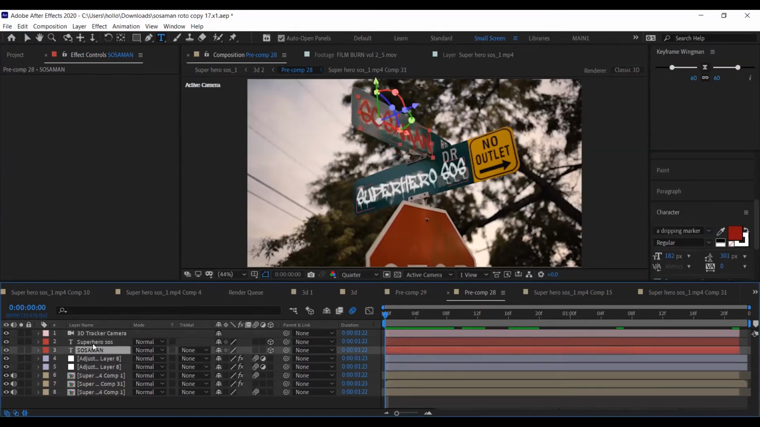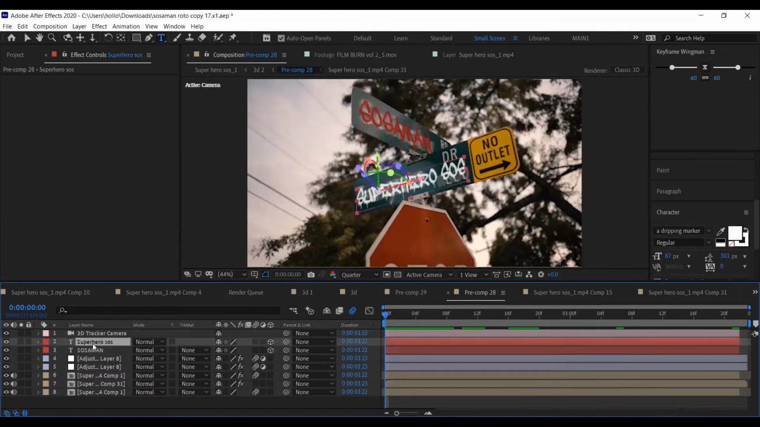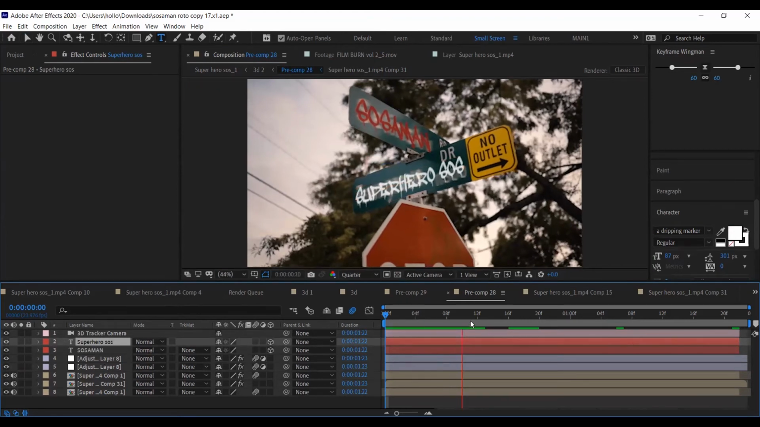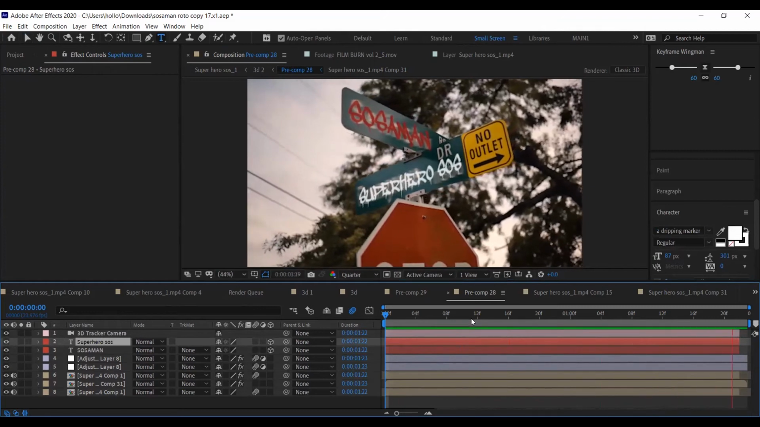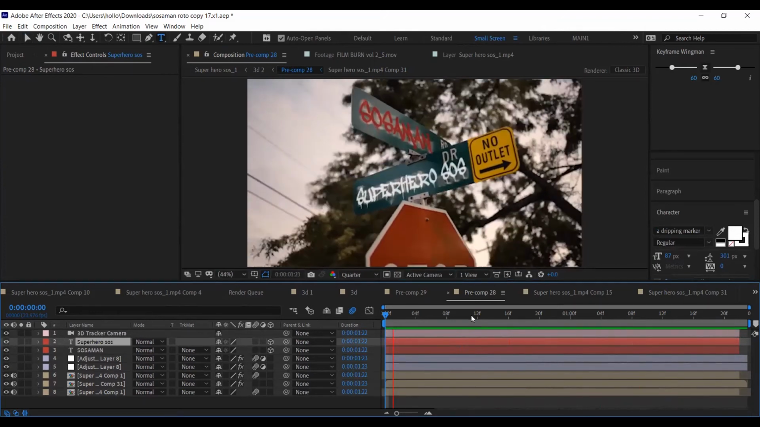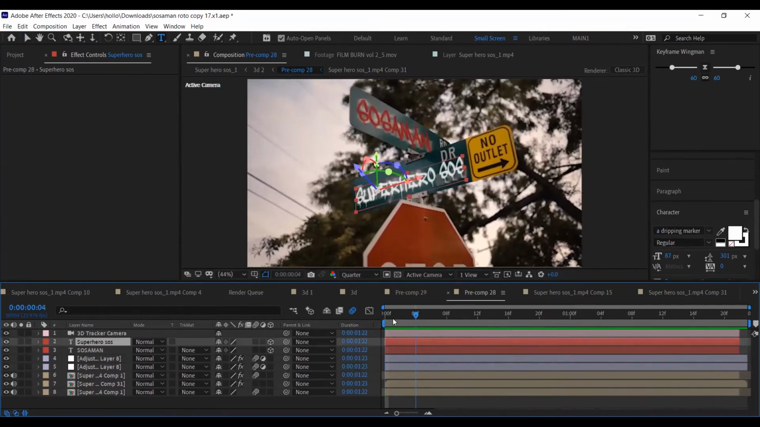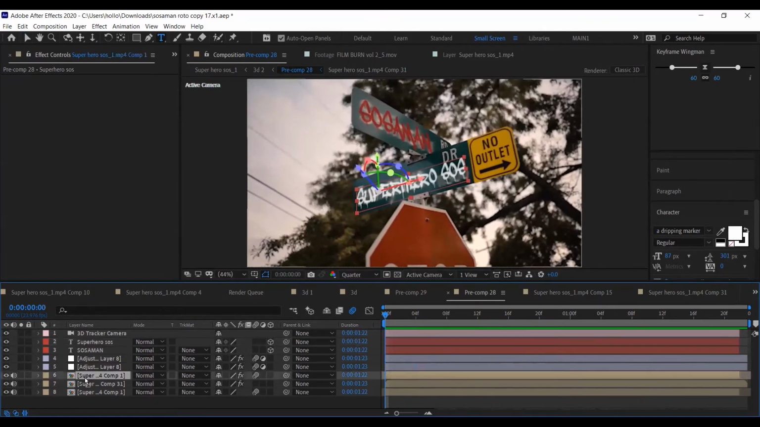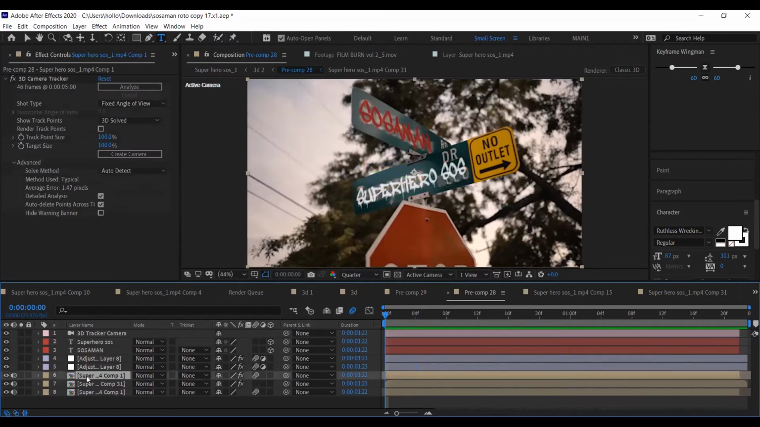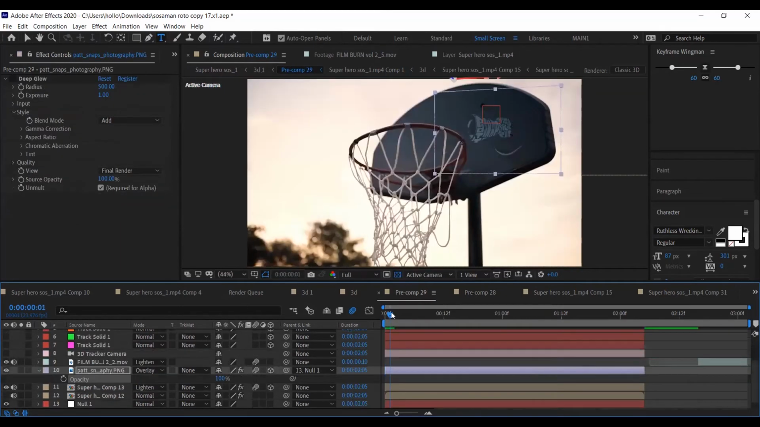Same with this one. And because the track was so solid, it pretty much stayed in place, honestly. It didn't really move too much. It's moving a little bit on this one, but it's not bad. So outside of that, it was, oh yeah, I had